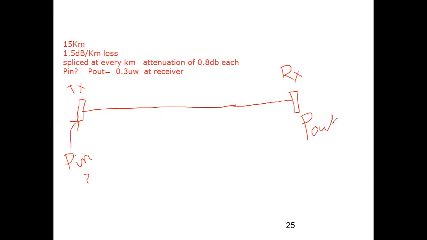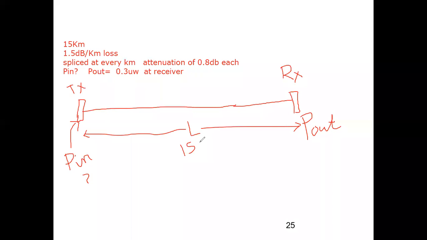Now, what is given in the question? This is a general scenario, a transmitter and receiver which I have connected with fiber. There is some input power which I'm supposed to find out, and output power is given to me. The situation given in the question is a 15 kilometer optical fiber link, so this length is 15 kilometers. Label the diagram with whatever data is there. So this L is 15 kilometers, which is given, and I am marking this L as 15 kilometers.